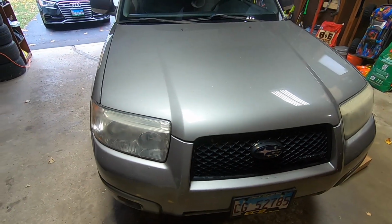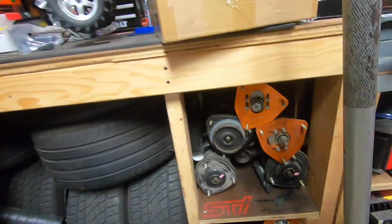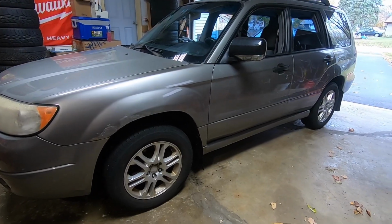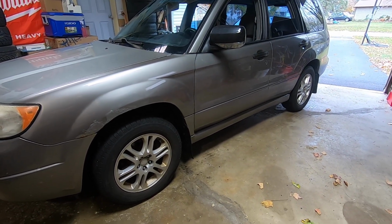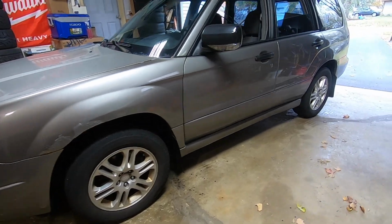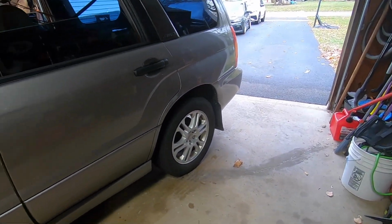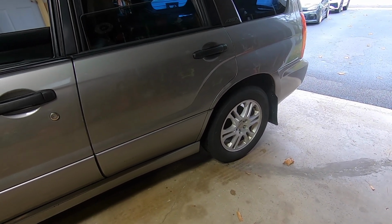What's up, everybody? Today we are putting a lift kit on the Forester. Maybe some of you have watched my MaxspeedingRods coilover video, but this time it has just the stock Forester suspension on it, and then I've got a 2-inch lift kit from MaxspeedingRods. So they're essentially spacers that go on top of each strut,